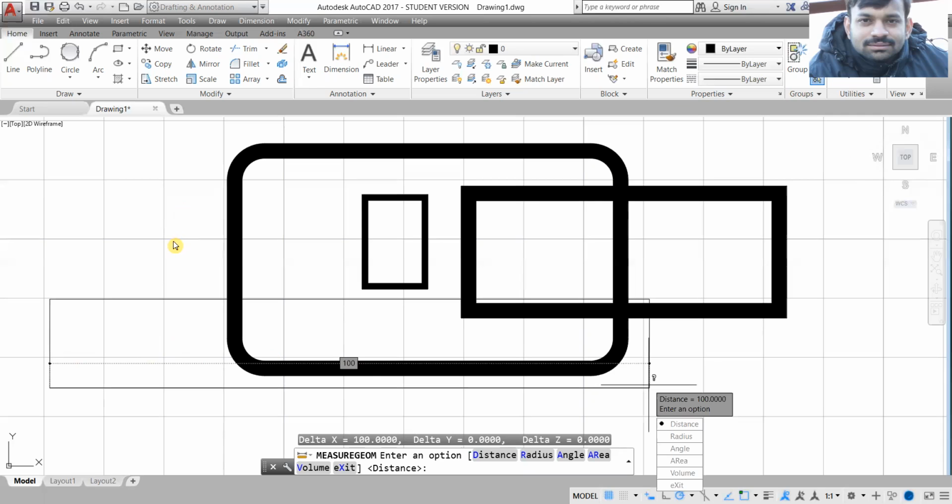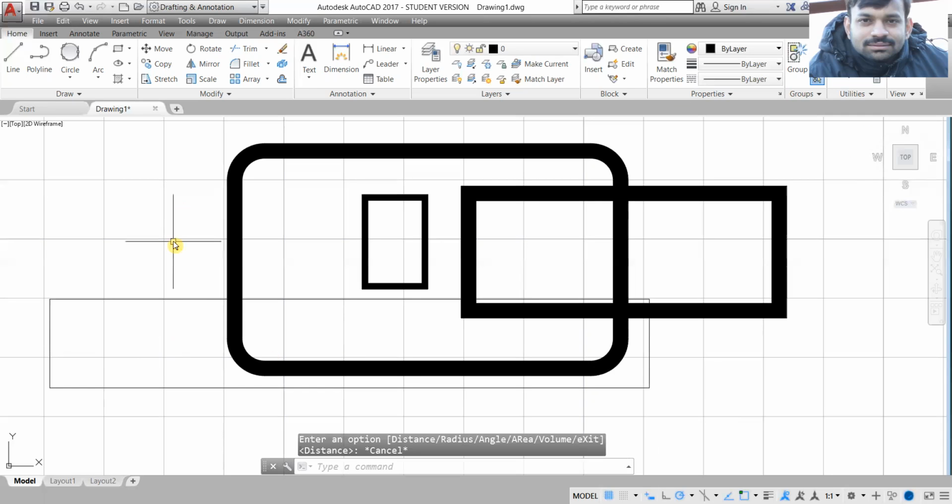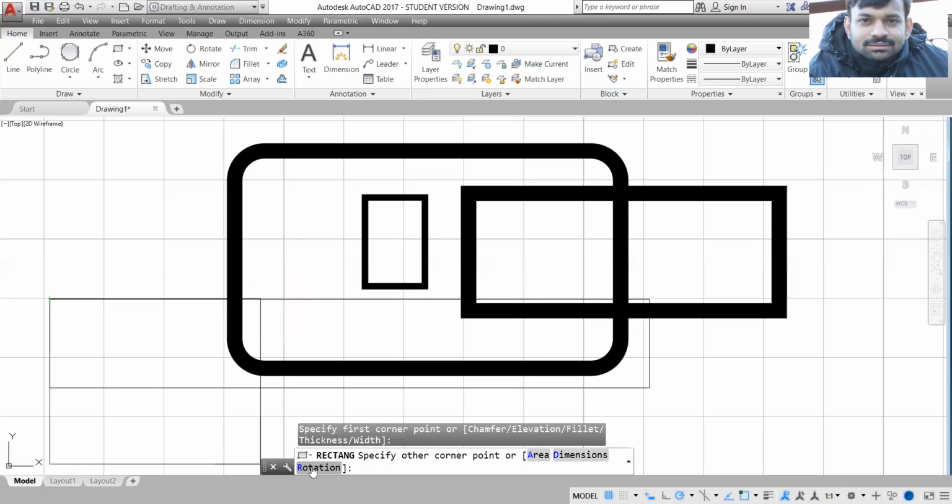Another option which is available is, let's start the rectangle command again. Specify the first point. Now I want to make a rectangle which is not parallel to the x or y axis.